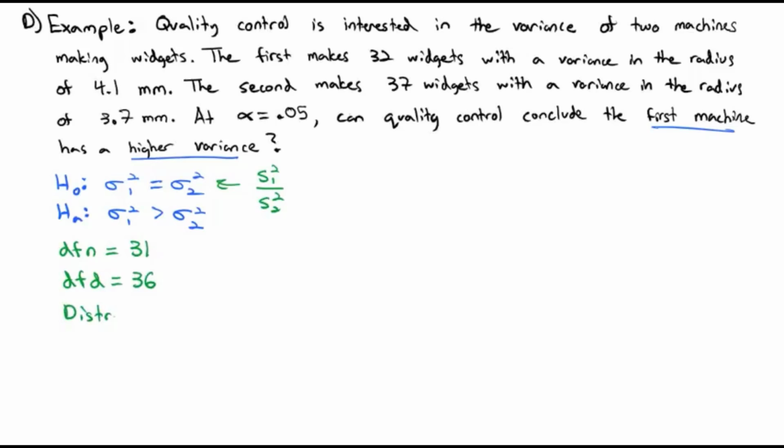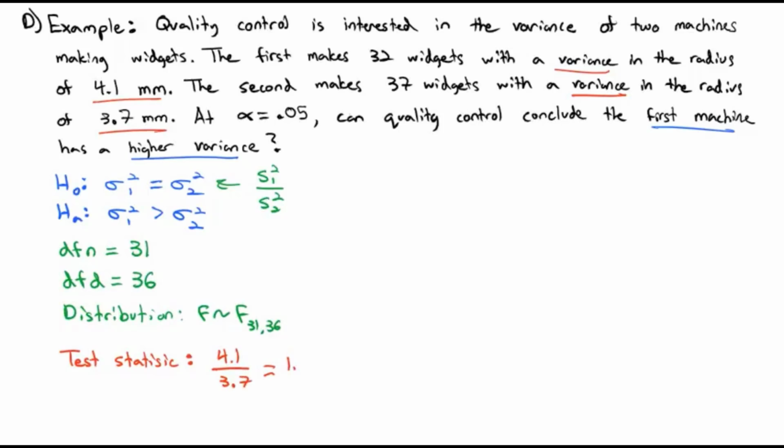So our distribution is that we have an F statistic that is distributed as an F with 31 and 36 degrees of freedom. And we can calculate our test statistic by just dividing those variances. Notice we're given the variances. The variance is 4.1 and the variance is 3.7. They've already been squared. So the first variance is 4.1 divided by the second variance of 3.7. That gives us